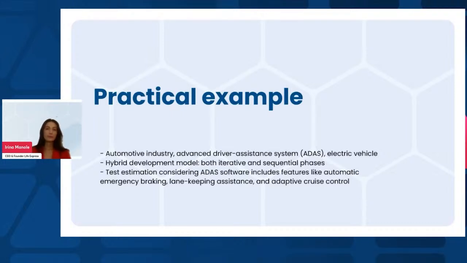And the last step in our example would be the estimation. For example, you estimate testing the lane keeping assistance feature will require 500 person hours with a duration of 6 weeks due to the need for extensive on-road testing in different conditions. The cost estimation will definitely include expenses for specialized testing equipment such as cameras and sensors and the use of